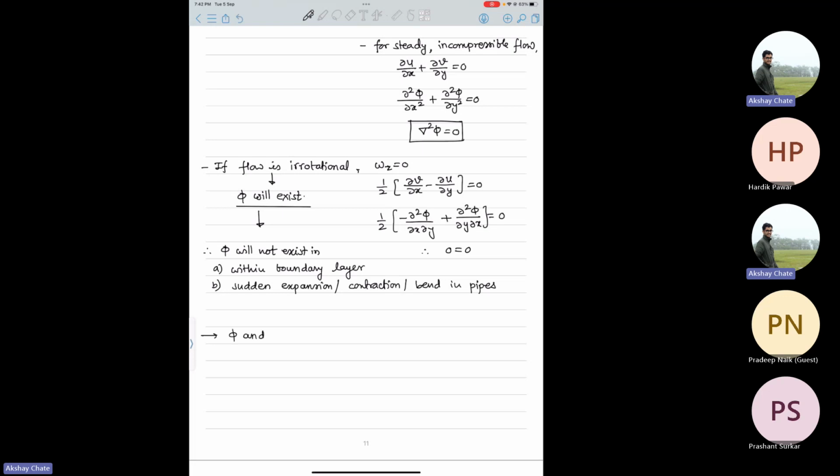And last but not the least, phi and psi, if they exist, will be perpendicular to each other always. They will be perpendicular to each other. Why? Because